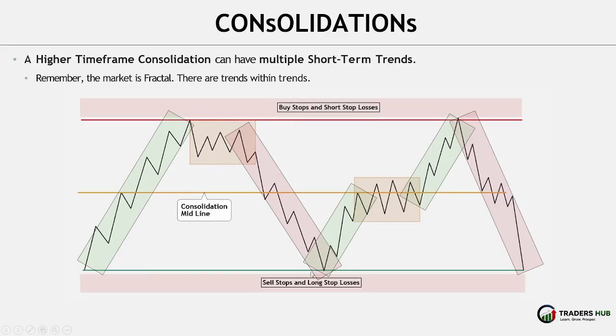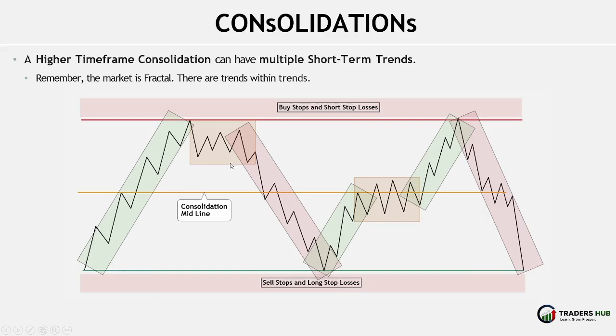Then again, pushed lower. Okay, and it did not break this barrier again, meaning that it is not printing a higher high, either is it printing a higher low or a lower low. Okay, it is bouncing between this ceiling and this floor,